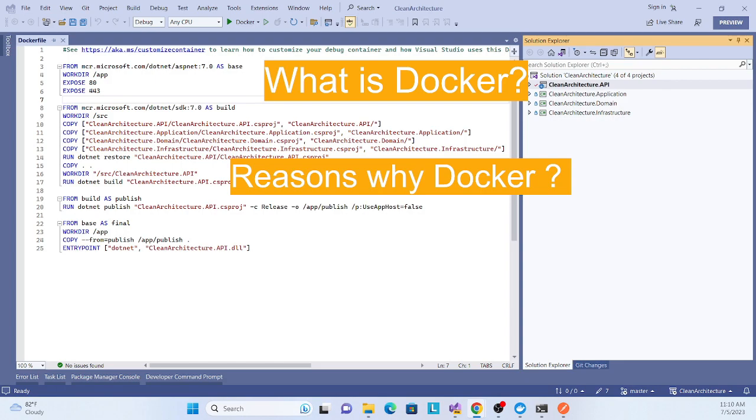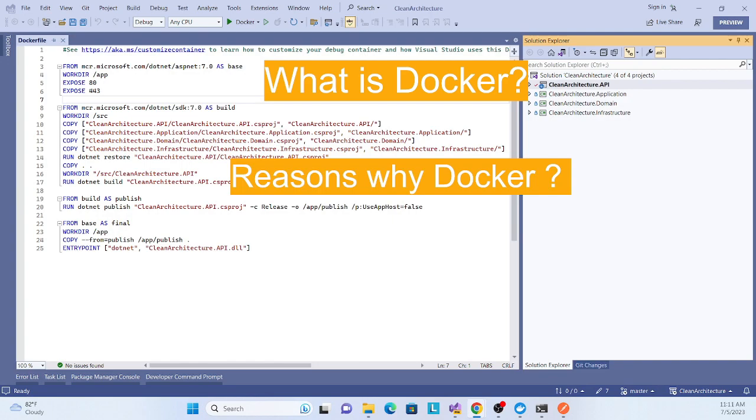Now efficiency. Containers are lightweight and share the host system kernel, which means they use fewer resources compared to running multiple virtual machines. And the last reason is fast deployment.